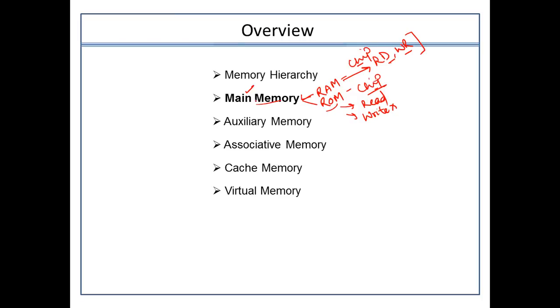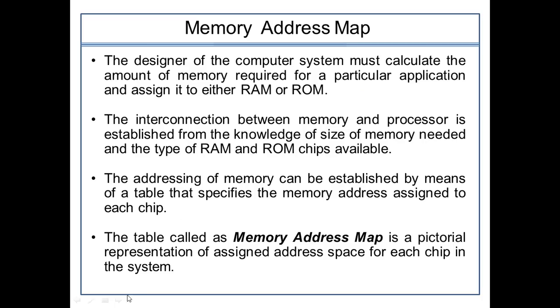But today, our entire focus in the main memory is the memory address mapping. Let's start understanding what this topic means. What is this mapping here, and which address within the memory are we supposed to map here? Let us understand this topic in more detail. So this is the memory address map. Before directly switching to what a memory address mapping is, let's build a background about this topic first.